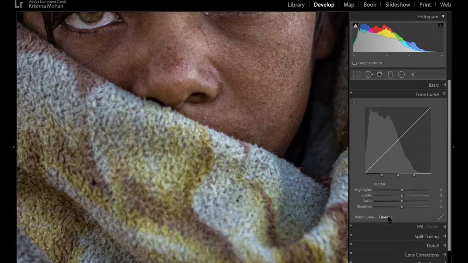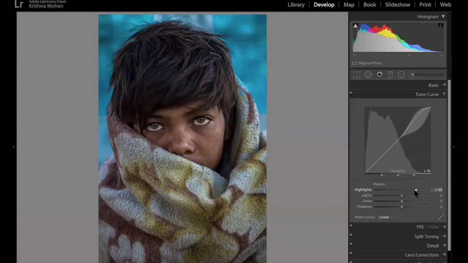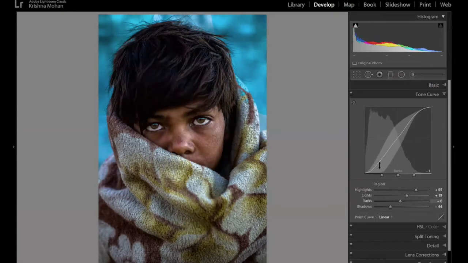Now this is the curve where you can change the highlights. Now let me do one. You have heard of an S-curve being applied. That's what I'm basically going to do. I'm going to increase the highlights, change the shadows, and change the darks. The curve is called an S-curve because it's shaped like this. That basically gives you sort of an oomph in the picture. That's why people go for the S-curve.